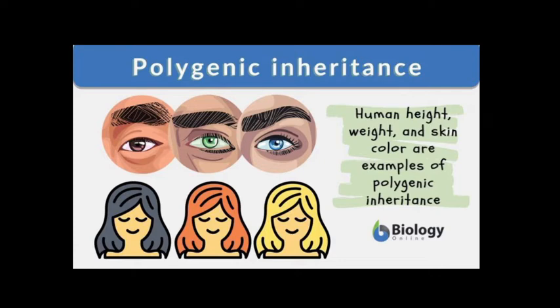A person with capital R1 and small r1, capital R2 and small r2, and capital R3 and small r3 is heterozygous for all three genes, meaning will have an intermediate color. So the number of possible allele combinations in the gamete is 8 for such a person, and a total of 64 phenotype combinations are possible when two persons who are similarly heterozygous marry. So these are the skin color example of polygenic inheritance.